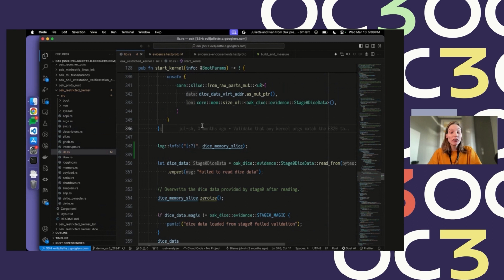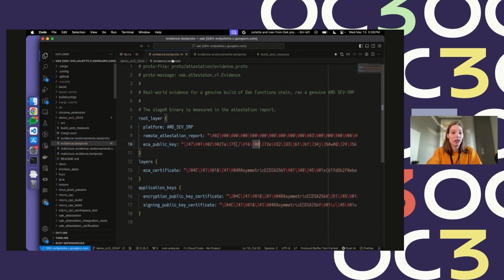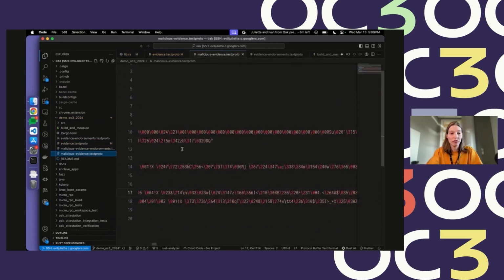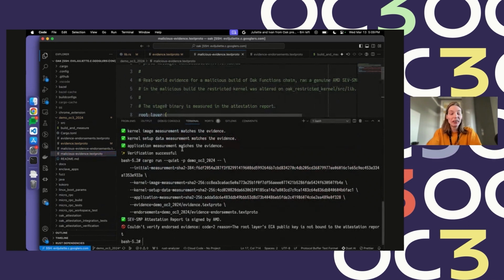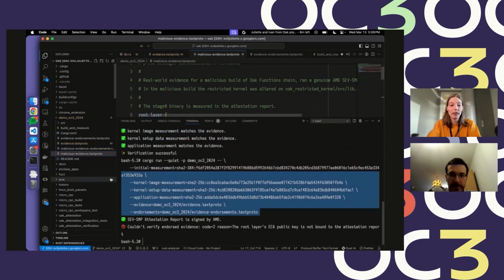And we have built such a version of the restricted kernel, and we have again retrieved evidence from a real TEE running this version. If we attempt to verify this malicious evidence,